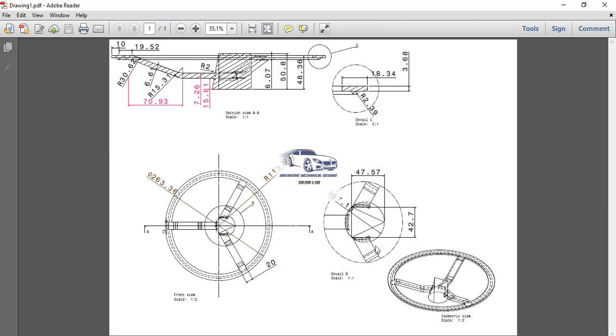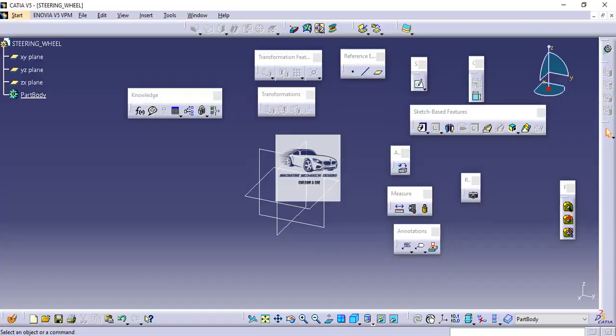Now in order that the Multi-sections Solid should give me the output without any error, it is required that the number of edges in both the profiles should be the same. So here the triangle has 3 edges and the circle has a single edge, so I have to divide the circle into 3 edges in accordance with the triangle. So first I will develop the triangle and then I will divide the circle by taking its reference.